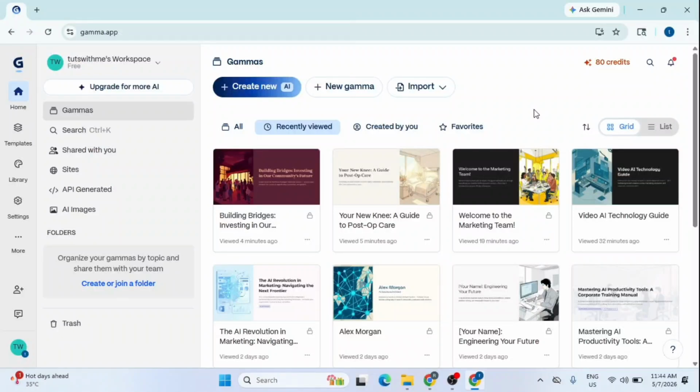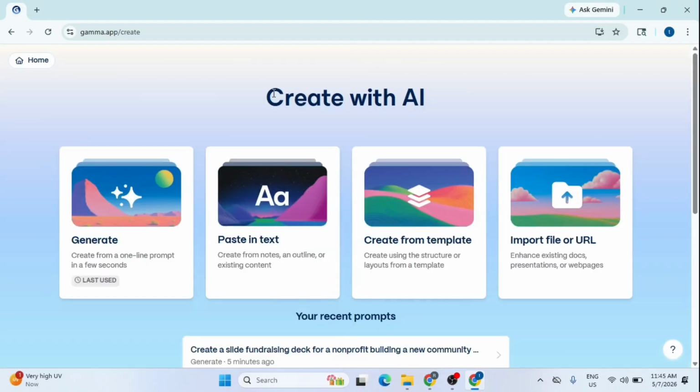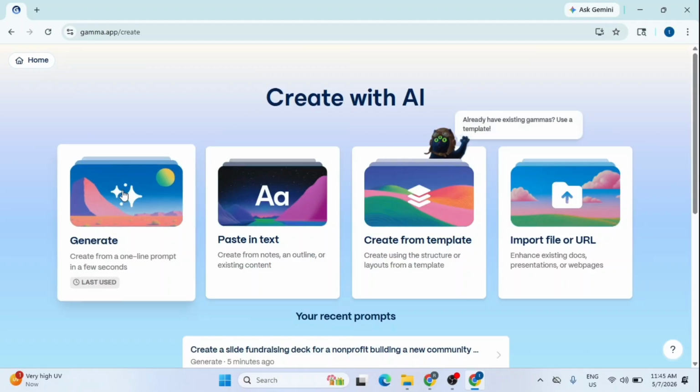In this video, I will be showing you how to use Gamma AI for course creation and e-learning. Let's get started. I'll begin by clicking on Create New AI from the main dashboard. This brings me to the Creation suite, where I'll select the Generate option to build a course from a simple